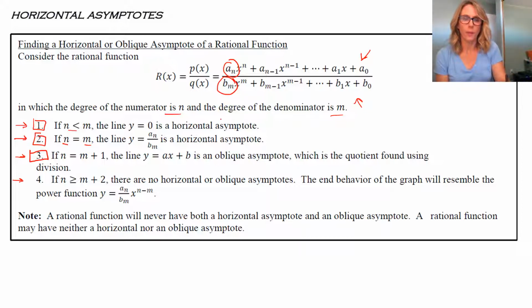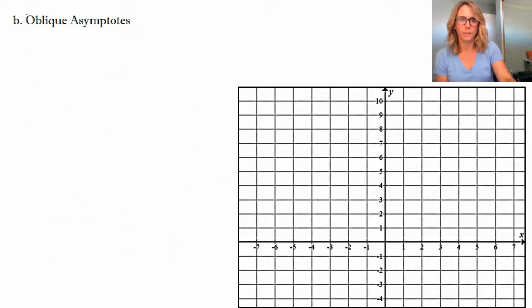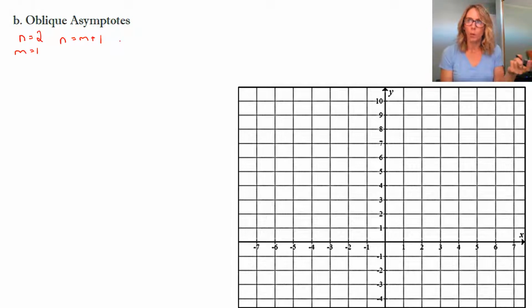What happens is we end up with an oblique asymptote or a slant asymptote, which is a line. You know, we can imagine that if we have something like this, that this is a straight line. However, it's going to have a slope, y-intercept, things like that. Now, it is found using division, which we did recently. We find it by doing literally the numerator divided by the denominator. Okay, so here it is. So again, n is 2, the degree of the numerator, the degree of the denominator is 1, and so n equals m plus 1. One more, so that's